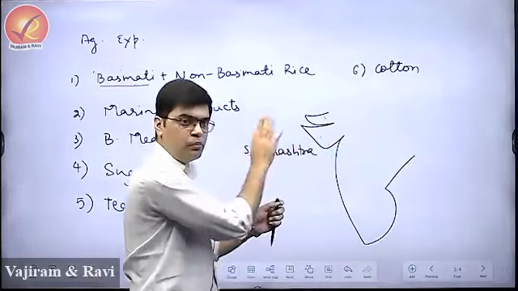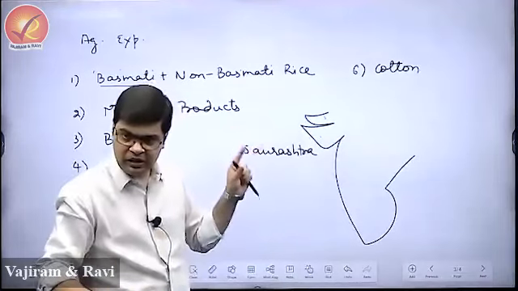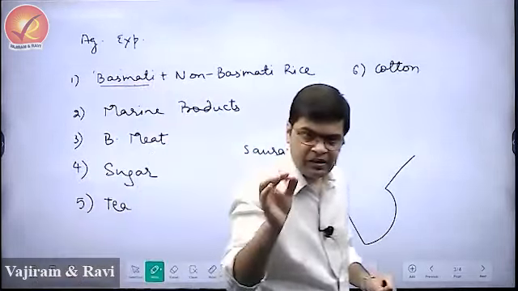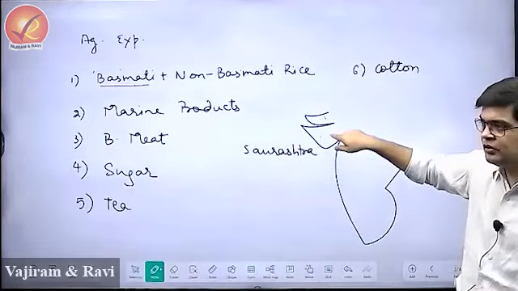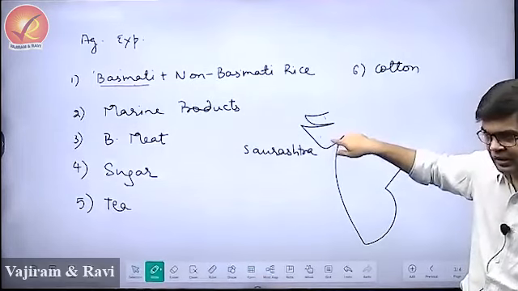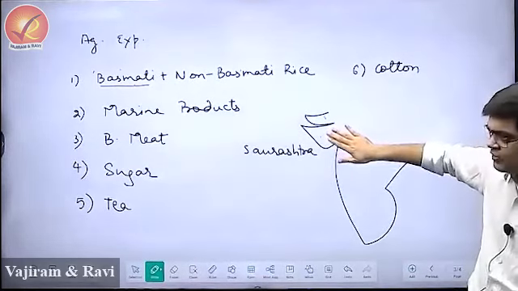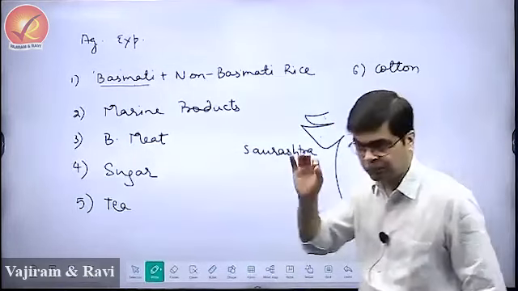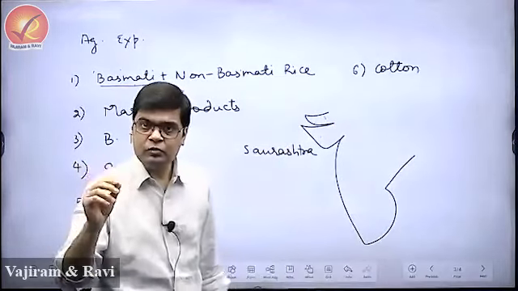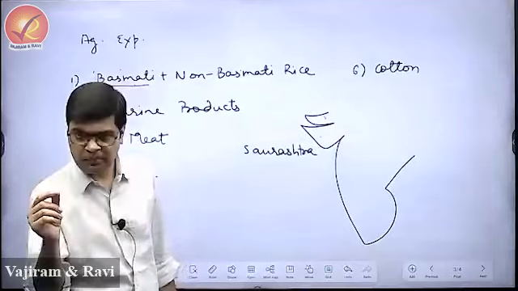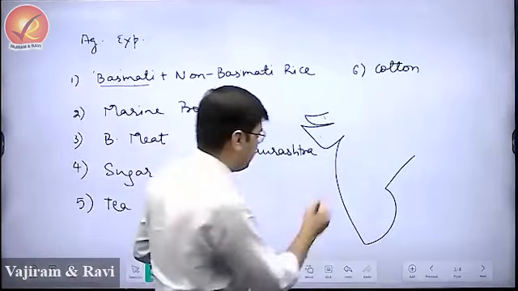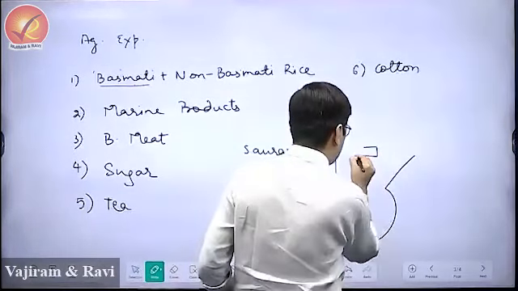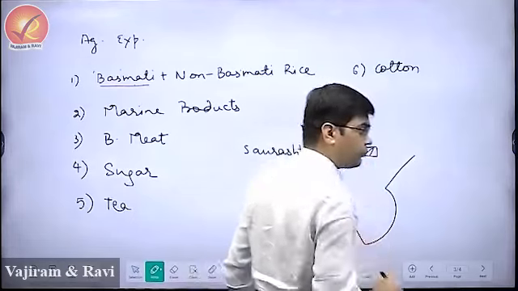This is the most important area for cotton cultivation in the country, and Gujarat is the largest producer of cotton, and within Gujarat it is the Saurashtra region which is the most important area. So Gujarat is the largest producer, with Saurashtra as the most important area. Then the second largest producer of cotton is Maharashtra. And in Maharashtra, if I look at this particular area,